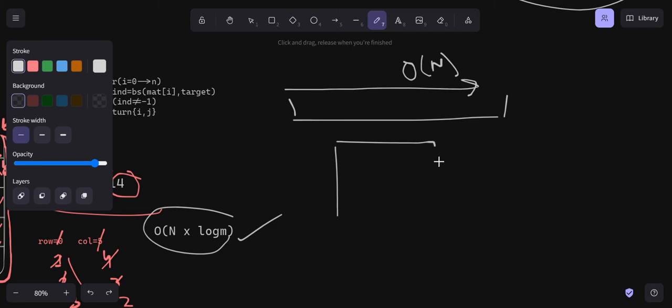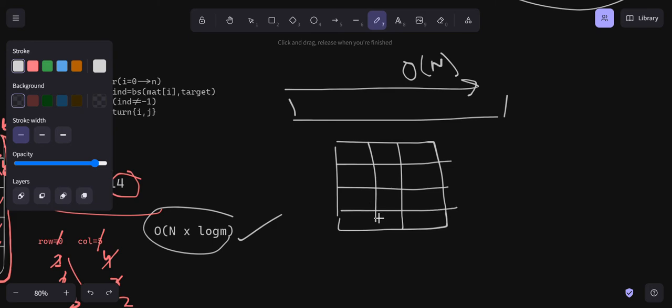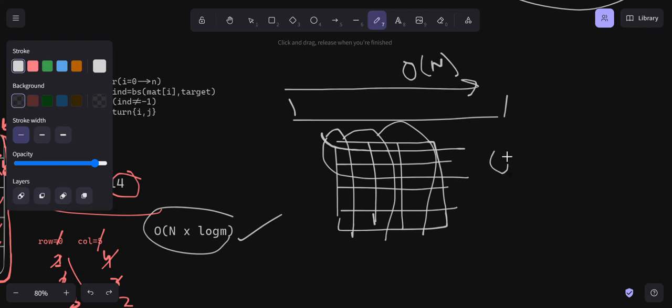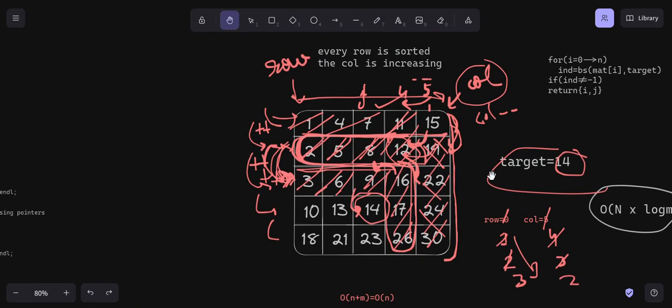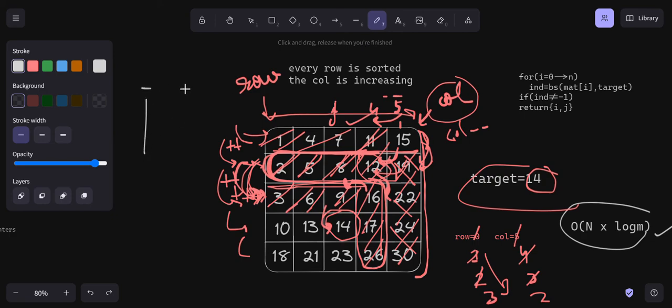In the 2D matrix brute force method, we were iterating through every row, and simultaneously through every column as well. Can you see this is happening in an overlapping way? In a 2D matrix, we are iterating through every element, row wise and column wise. That was making it O of n cross m. For now, just understand this. Now here, first of all, we are discarding a lot of,